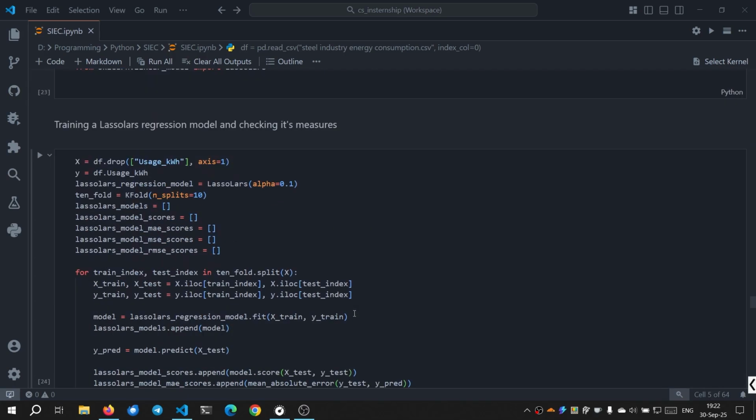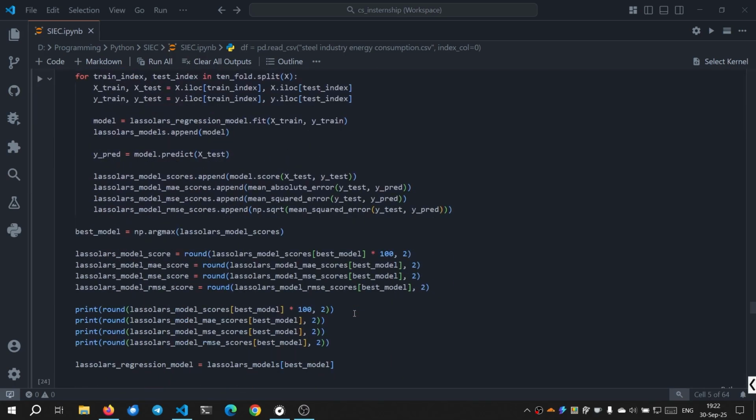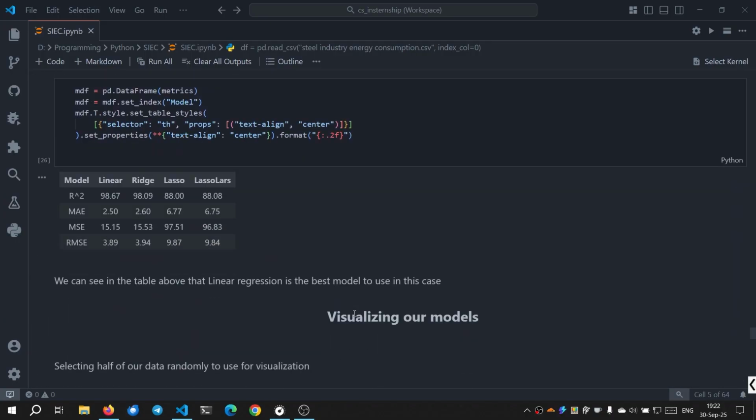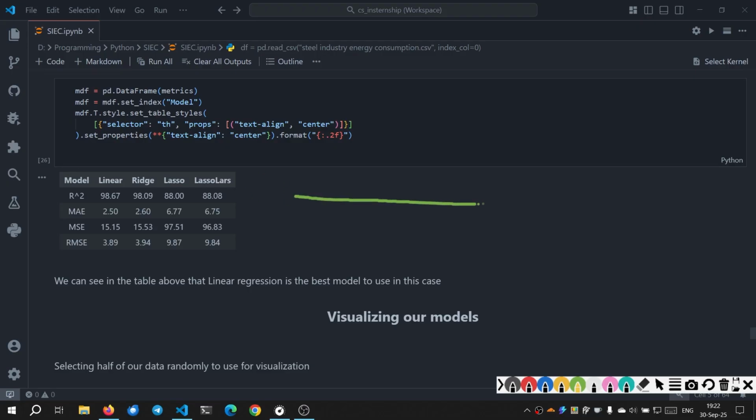So let's skip this big chunk of code. All of these have been calculated and, well, not calculated. It's better to say trained, I think, in this case. Although calculated is not wrong. You can calculate it, regression equation. So tenfold, what it does, which these models are trained on, it basically